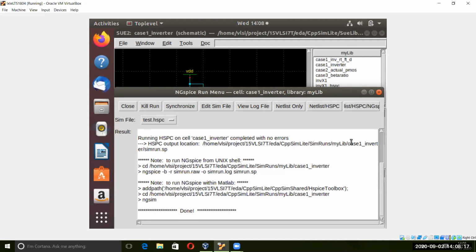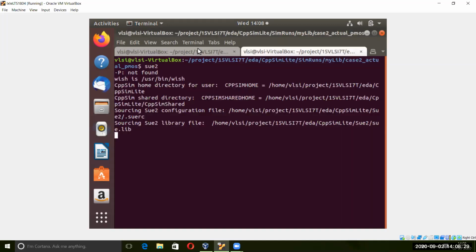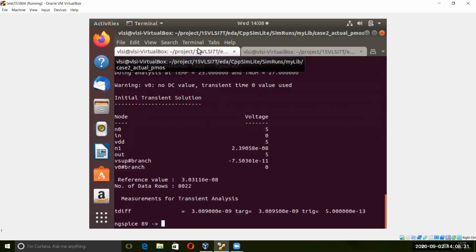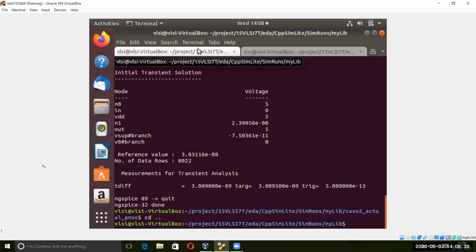Only you have to give the name, any name. You can always minimize this thing rather than closing it. Just minimize and fix it. So you have to enter into your simulation folder now to find that.